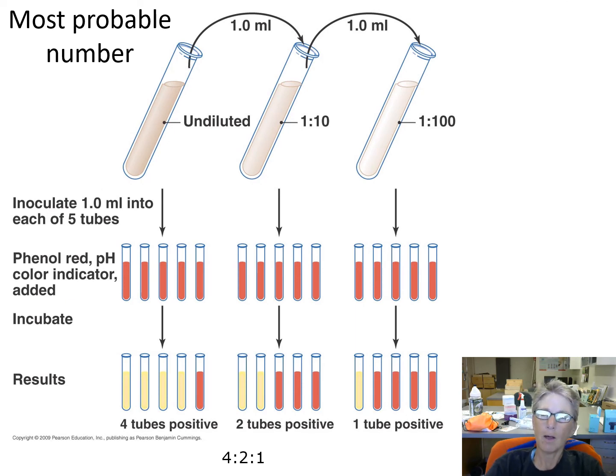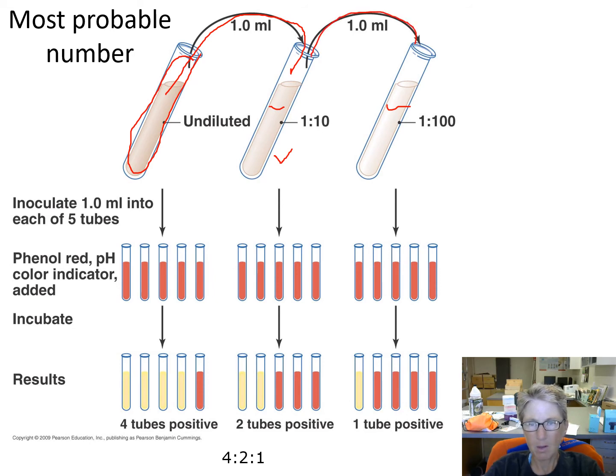This is kind of cool. We've done this before in the lab to use the most probable number to see how many microbes you have. So you take your sample here in this culture tube. It's undiluted, so that means it's the original sample, undiluted. It doesn't show that you started with 9 mils of media, but you did. And you take 1 mil out of your undiluted sample, put it in here, vortex this, so mix it up,